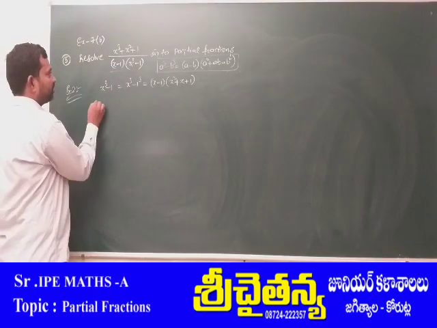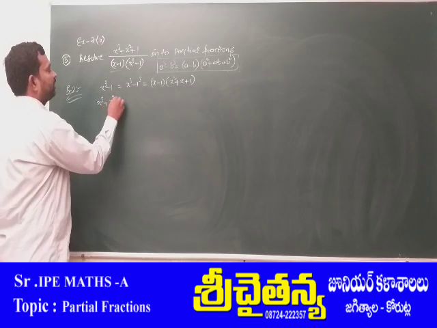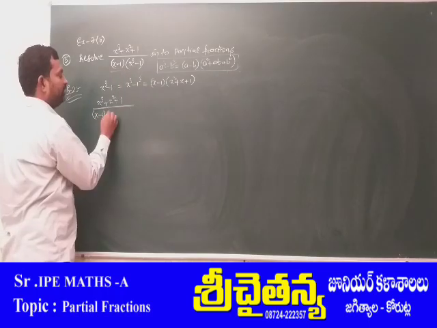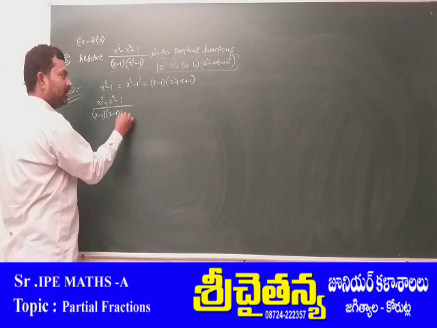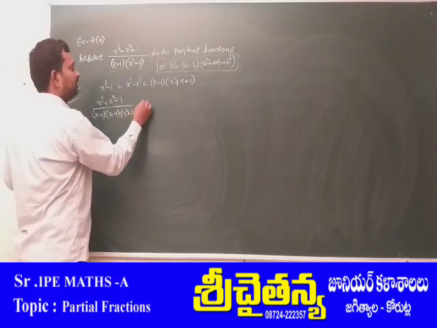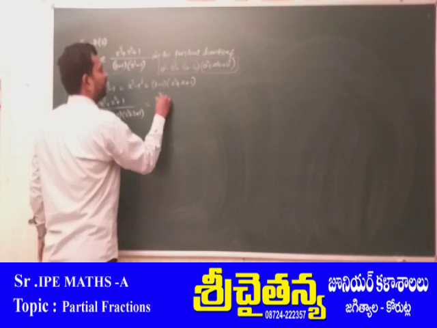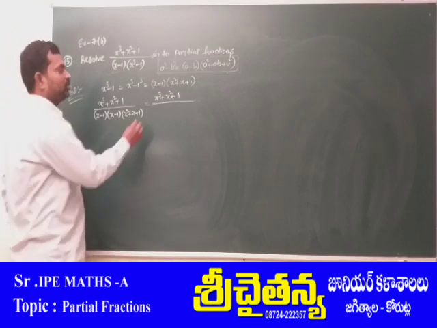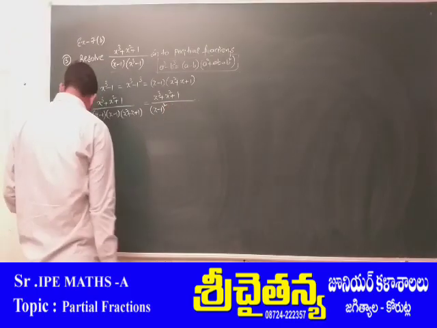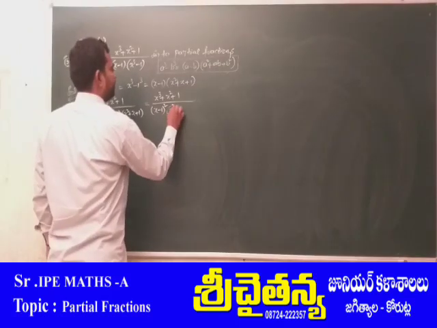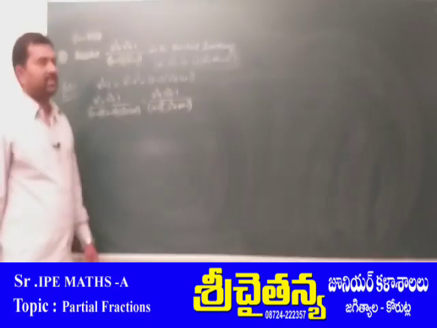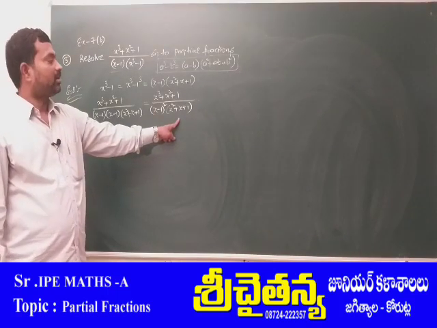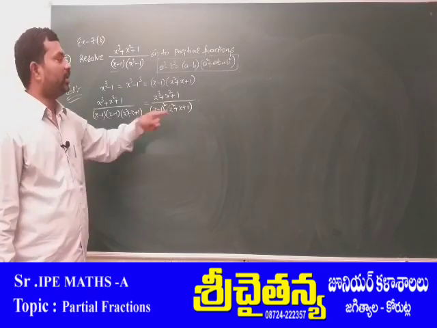Now write the question. Given question is x cube plus x square plus 1 by x minus 1. What is the value of x cube? X cube minus 1 we write as x minus 1 into x square plus x plus 1. So the denominator has x minus 1 repeated 2 times, that is x minus 1 whole square, and next x square plus x plus 1. Now this is rule 2, and this irreducible non-repeated quadratic polynomial is rule 3.